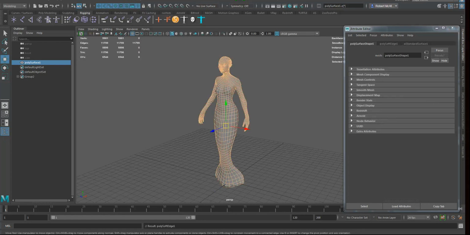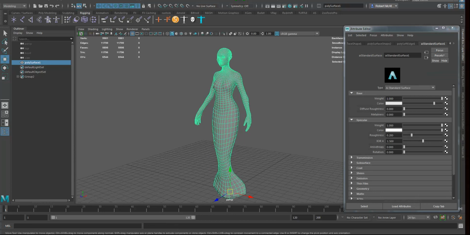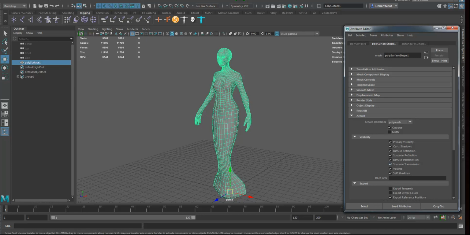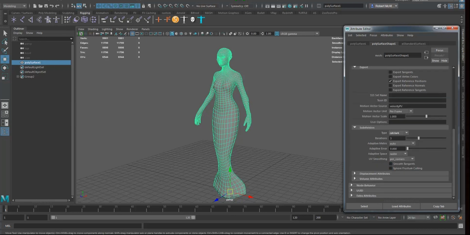Okay, I'm going to go into the shape node, and in the shape node, if I go to Arnold and turn on the subdivision, from none to Catmull-Clark, I'll put it up to say 3. I could put it up more, but I just want this to go fast. Height, we could change these values here, but on the standard surface, if I go into the displacement,